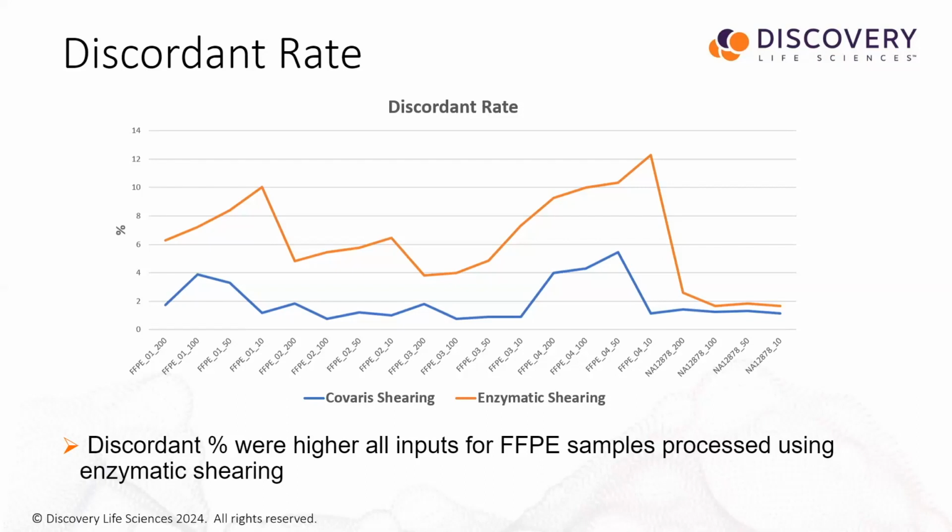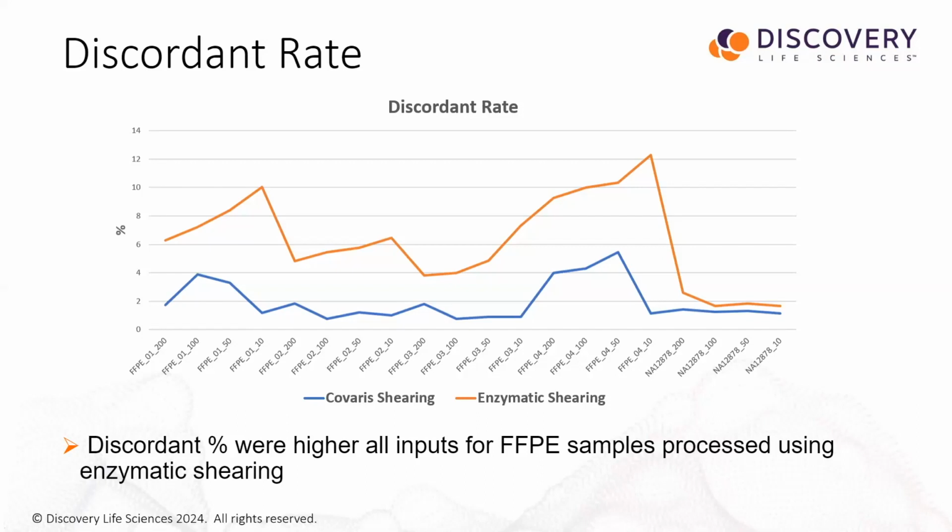This thing is very clear to us: the Covaris shearing samples consistently kept the discordant rate very, very low as compared to the enzymatic shearing that we're using here. What we're seeing here is that even with the NA12878 samples on the far right-hand side of this plot, the enzymatic shearing runs higher in discordant rate as compared to the Covaris shearing samples. The Covaris shearing samples are very consistent for the platinum genome,